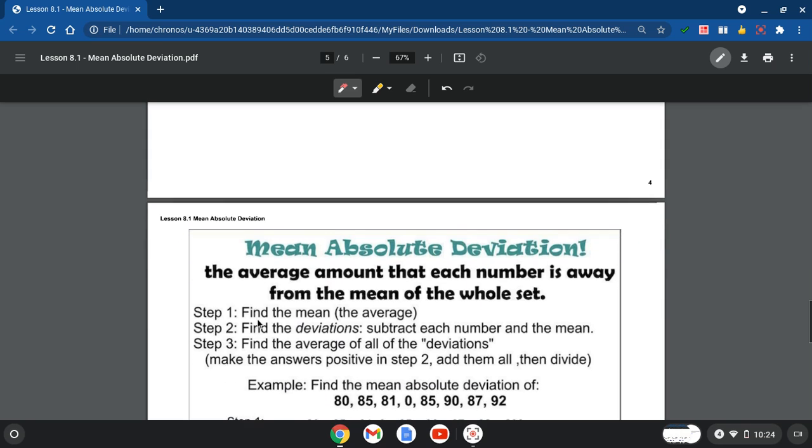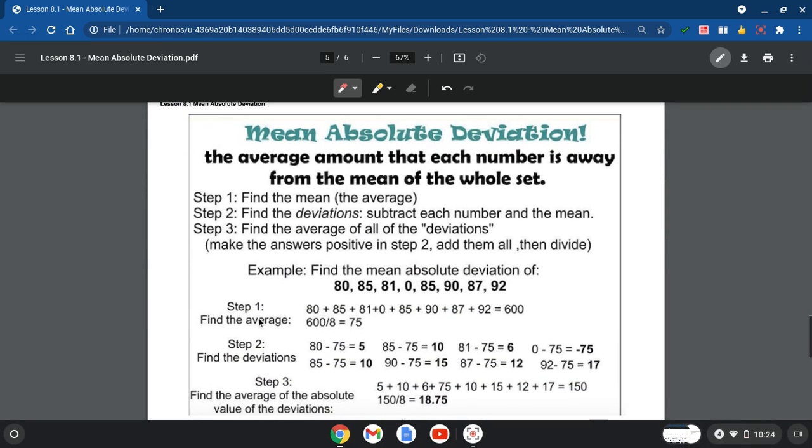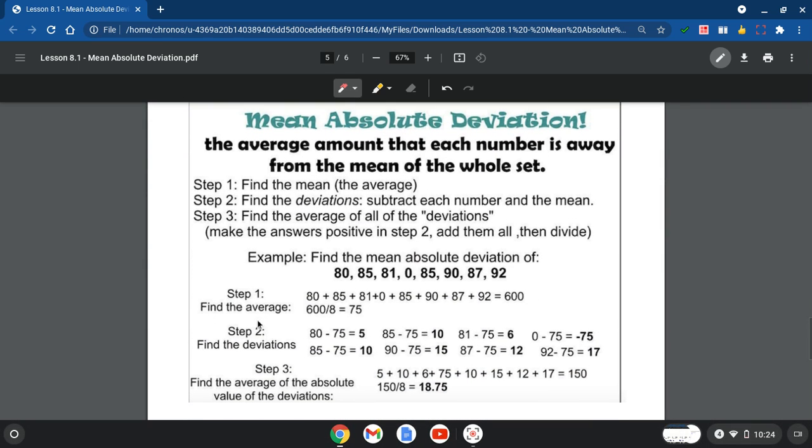That signifies that you will find how far away your mean is from each number on our list, and then take an average or a mean of all of those quote unquote deviations. So let's take a look at them as steps. If we had to find the mean absolute deviation of the numbers in bold here, then we know we would